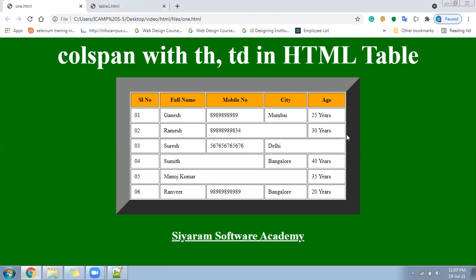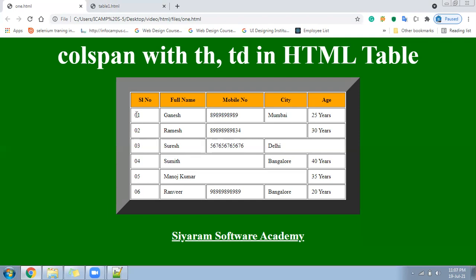It's important. Whenever you are going to design any kind of billing page, invoice page, or maybe mark card related page, in that case, you need to use the colspan property. So this is our targeted page that we are going to work on. This is the colspan. First, understand what colspan is.